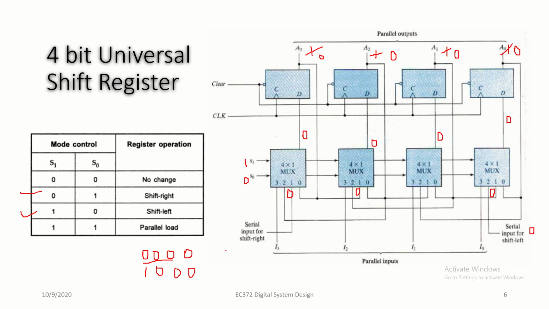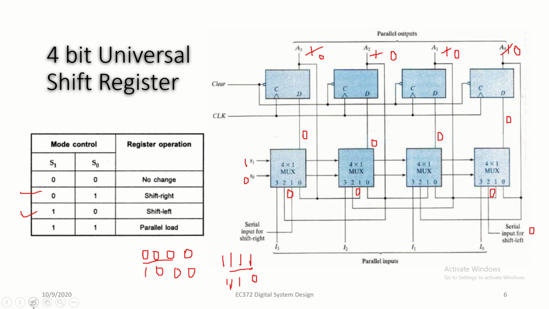Okay, now for the left operation, our previous output we consider as a 4 1. Okay, and then we applied the serial input for the shift left. So this 0, whatever the input we are providing, that would be at the LSB. And when we consider this LSB, our 2 to 0, okay, this would be at this position. Okay, so this is how we can use this.